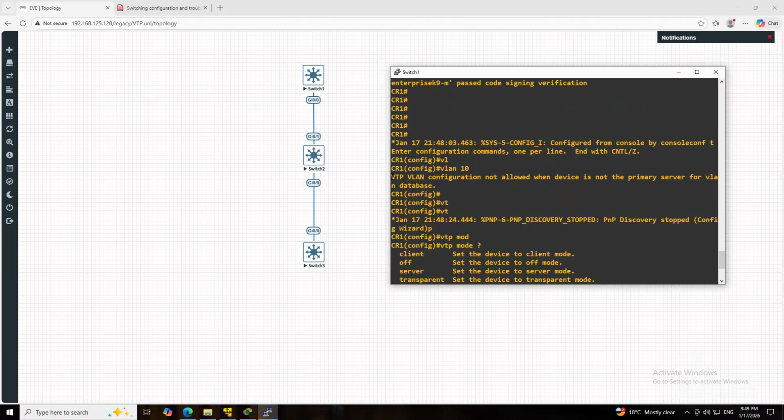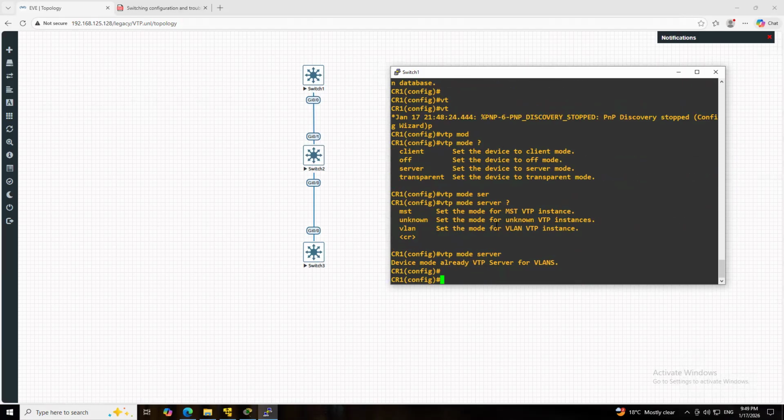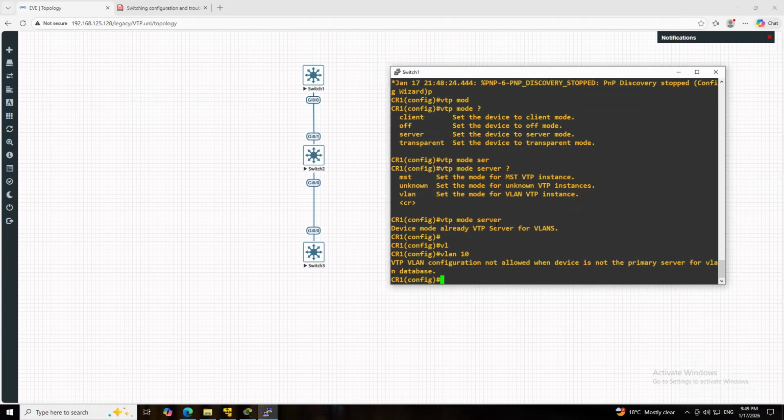Let's validate why it's not allowed. VLAN 10, still not able to.